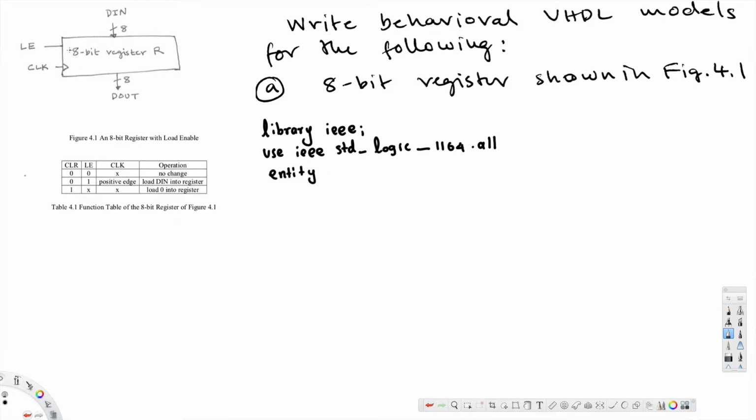Based on whatever name is given, that's the name we use for the entity. Here it is an 8-bit register, so I'm going to use 8_bit_register